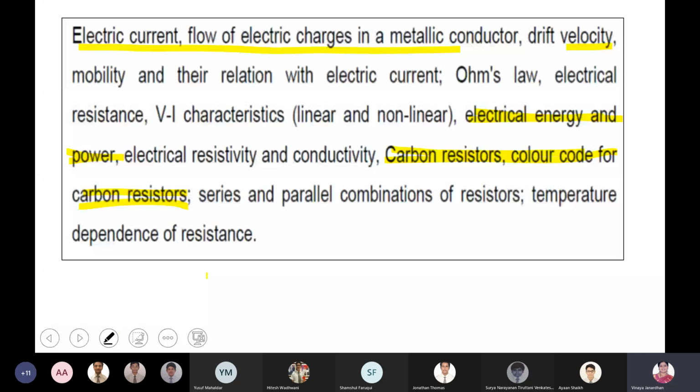What you have done in 10? Should I do numericals on that? The derivation of that? No need for derivation. That derivation is not that important because you have already done it in grade 10. If you need some complicated circuit, we'll do the numerical part. Okay, temperature dependence of resistance, have to include. Only these things are left. Out of this, electrical energy and electrical power we have done in grade 10. I'll go for the numerical part, series and parallel combination also. Okay, so all these things are in numerical.